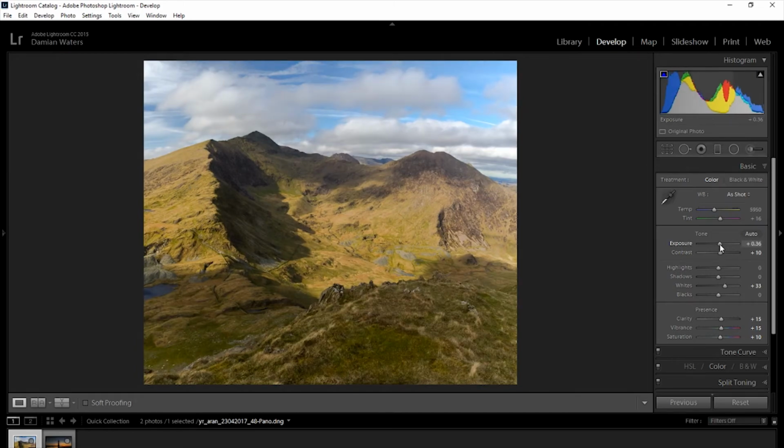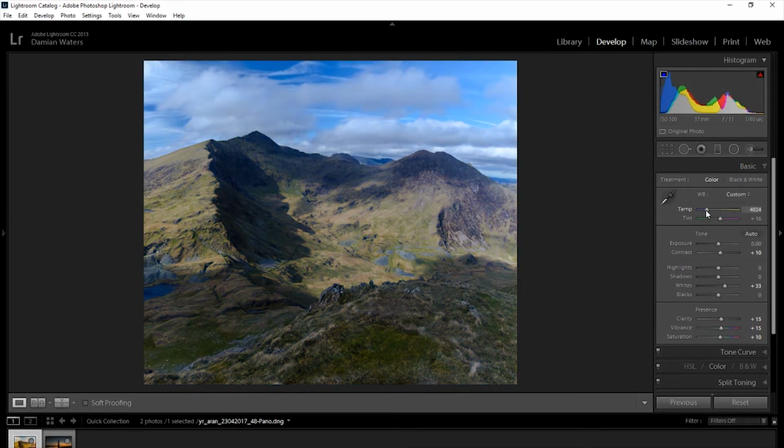Don't think I need to. No, the exposure, maybe drop exposure a tiny little bit, just to add a bit more drama over here on the ridge here. And then I don't think in this image temperature is going to add anything. So I'll have a look. Now you see,